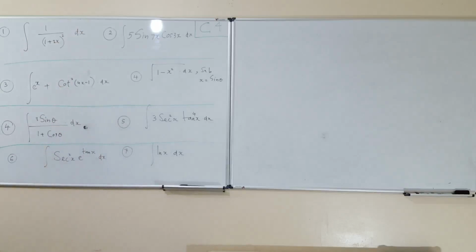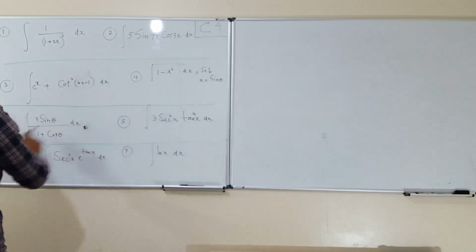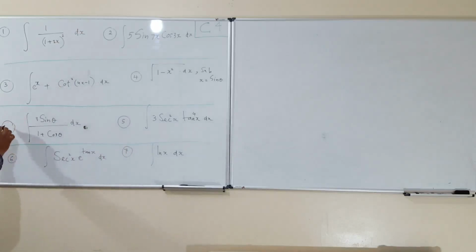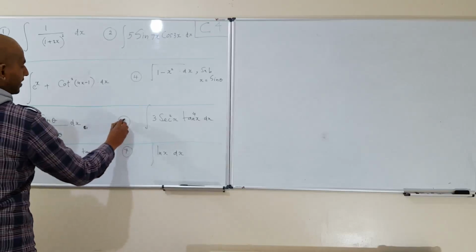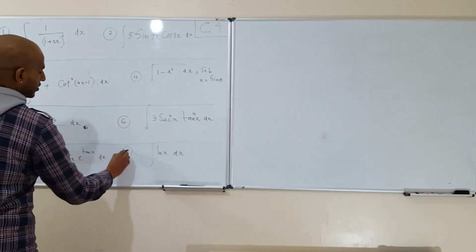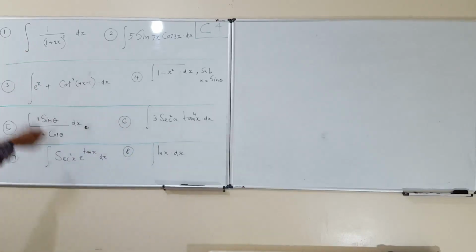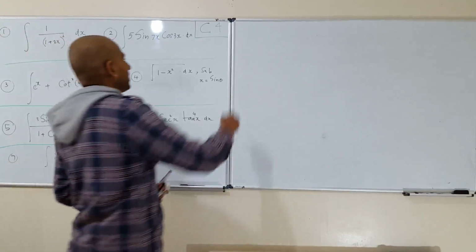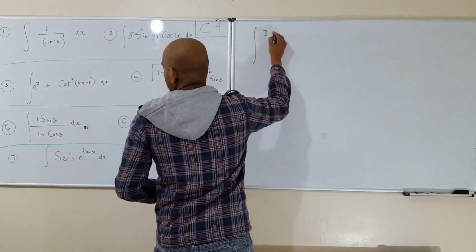Sorry. This is question number 5. That becomes question number 6. It becomes question number 7 then. It becomes 8. So there are 8 questions. Yeah. So question number 5 says 3 sine theta